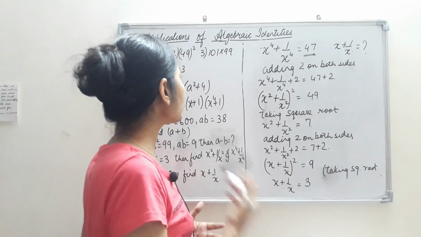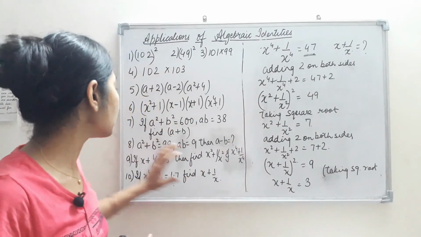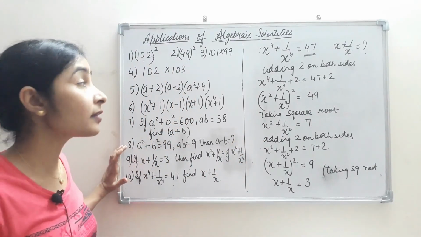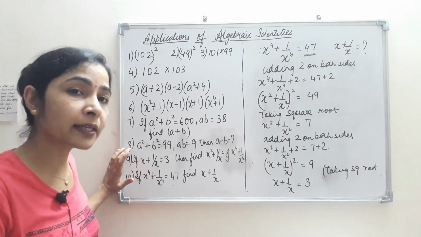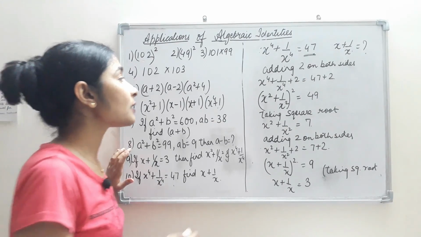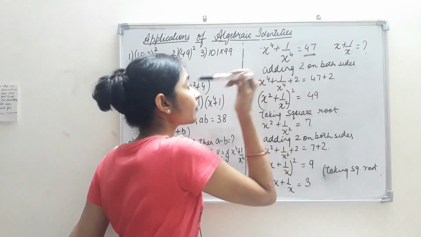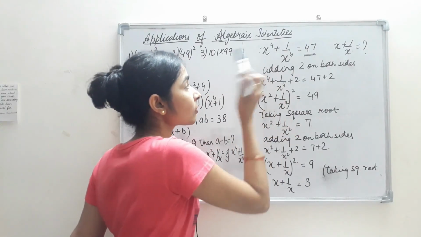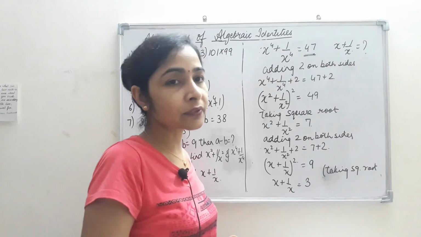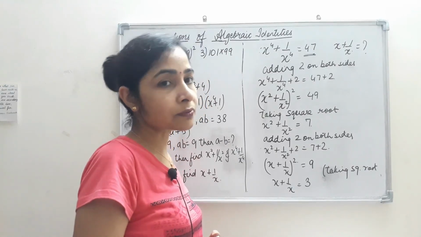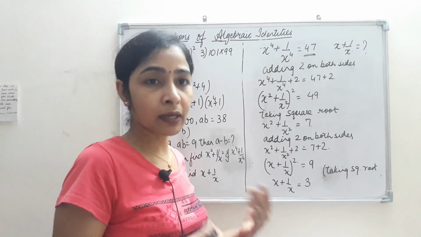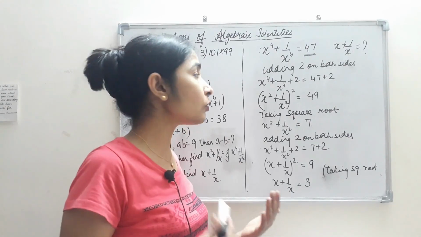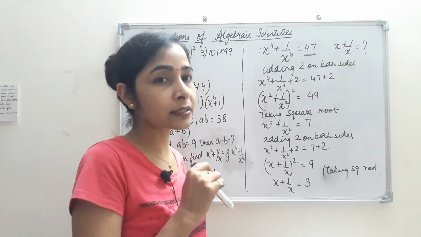So these are some of the applications. Though these two were a bit complicated, when you practice it 2-3 times, it seems very easy. The only thing is, sometimes students forget how to take the square root when it is not a perfect square. So when you do these types of questions 2-3 times, it becomes very easy for you. I hope you understood it very well. If not, then just watch the video twice or thrice, and you will definitely understand it.